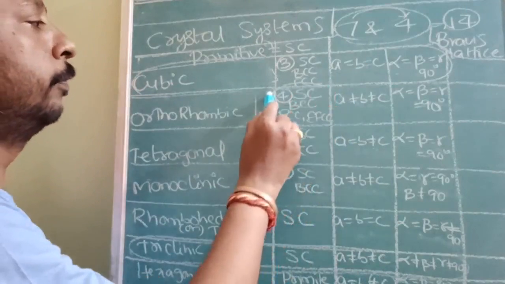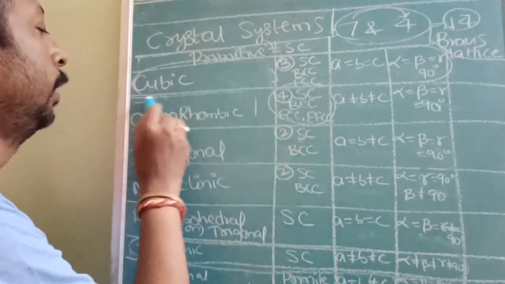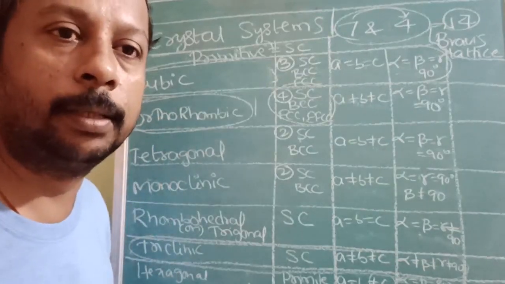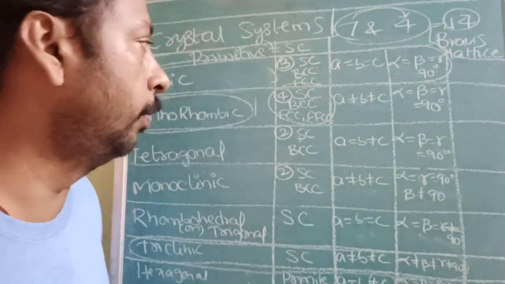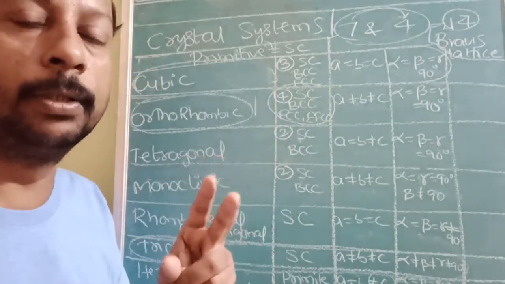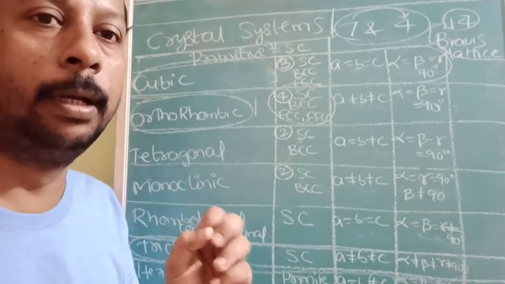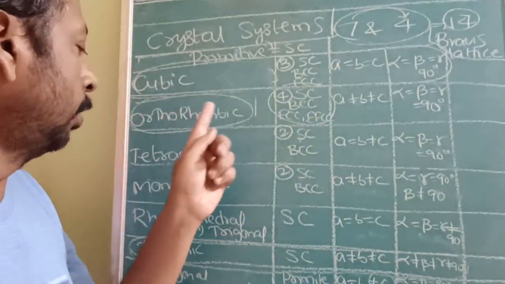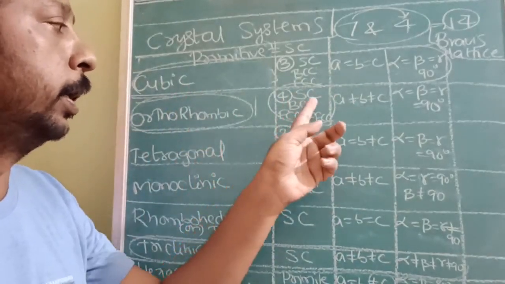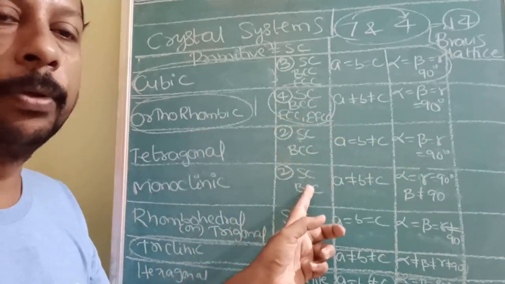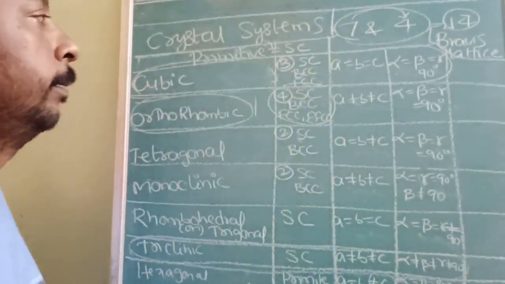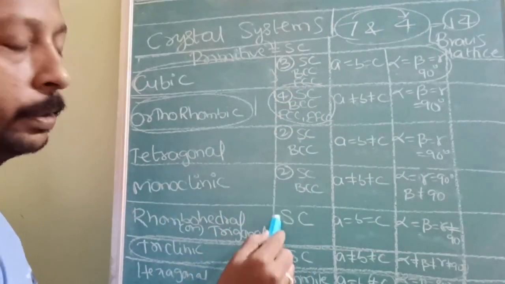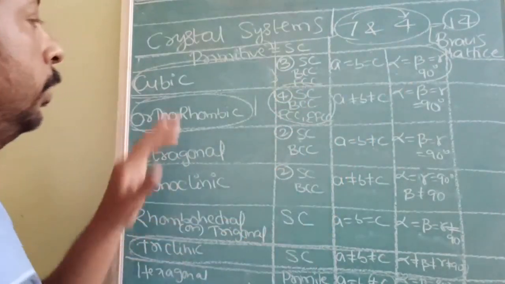The maximum number of cuboid systems are found in orthorhombic. There was also an integer type question: number of cuboid systems found in orthorhombic plus monoclinic. So that will be 4 plus 2. And how did this 14 come? 3 plus 4 is 7, 9, 11, 11 plus 3, 14. So these are 7.